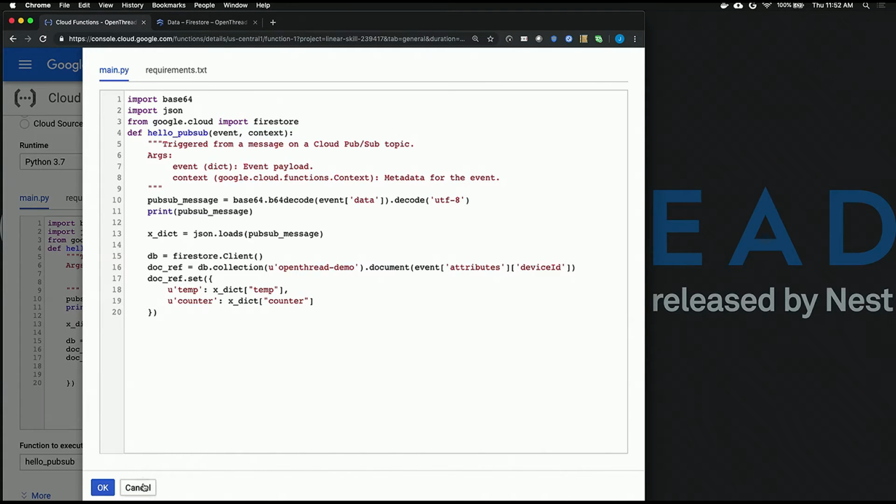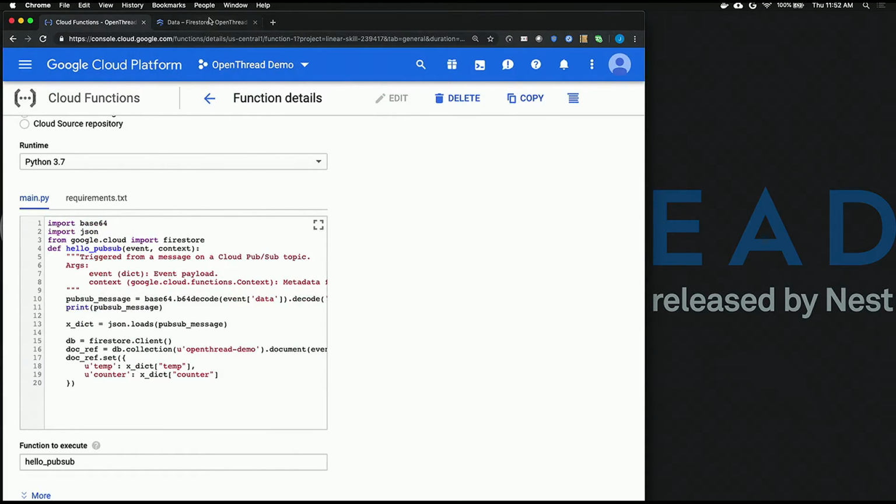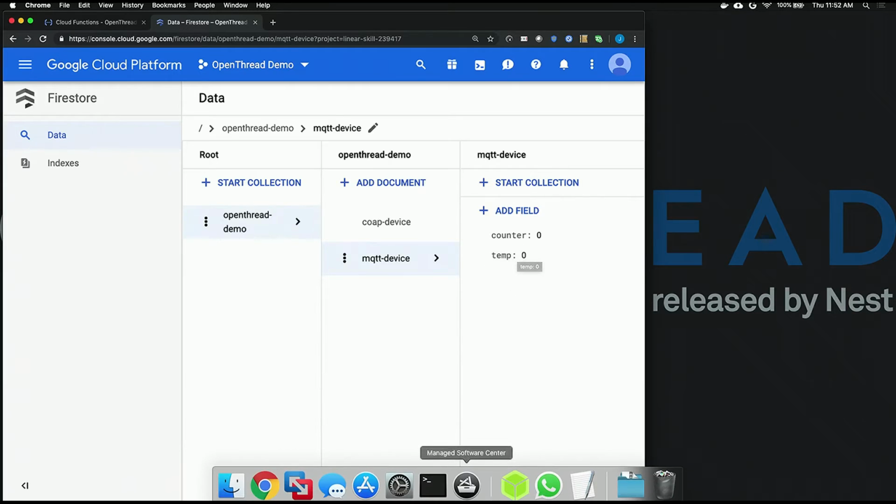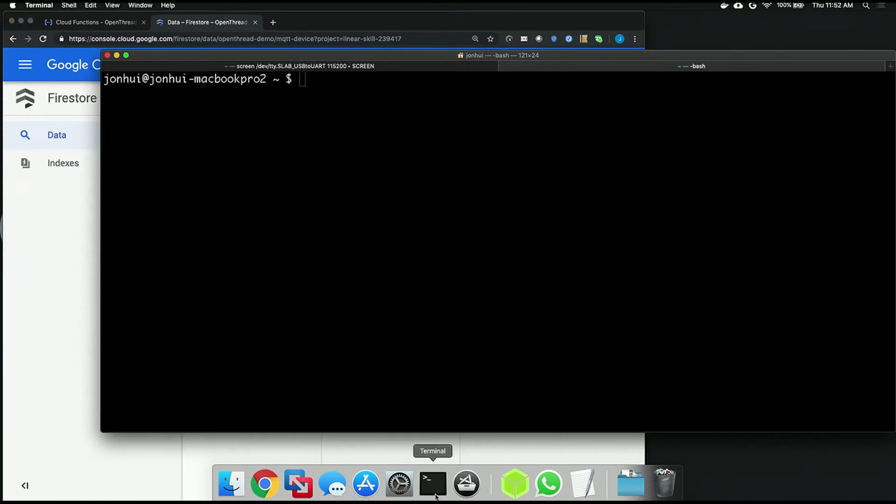It's a very simple cloud function. And then in our Firestore database here, we have a collection that's just for this demo. And then we have a document for the MQTT device itself. And of course, we have some data that's set to 0 for now.